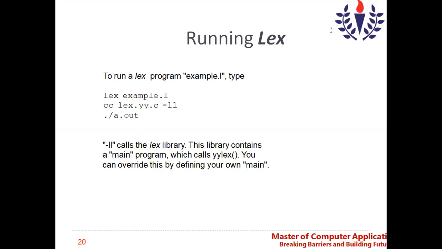When you use the ls command in the command prompt, you can see the a.out file displayed when the ls command is executed. Similarly, after the lex command is executed, if you execute the ls command, you can see the lex.yy.c file over there. So now ./a.out, when you do this command, what happens?